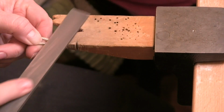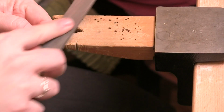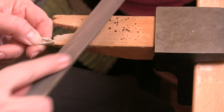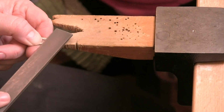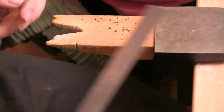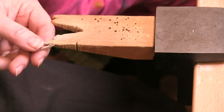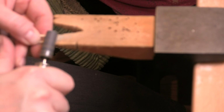So I can do one of two things. Either I can move to a finer file. Like I said, this is a cut number 2, and that's going to be a pretty aggressive file. So what it's going to do is remove a lot of metal. But you can go to a finer file where its teeth are a little bit closer together and smaller. Okay, so then after that, we're going to come back in here with our sanding